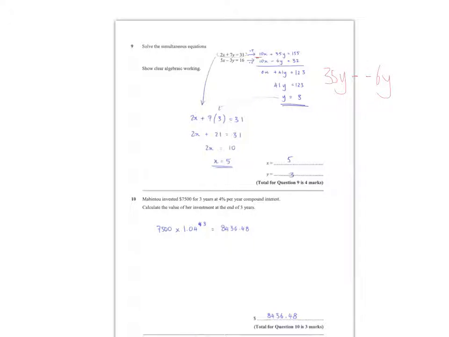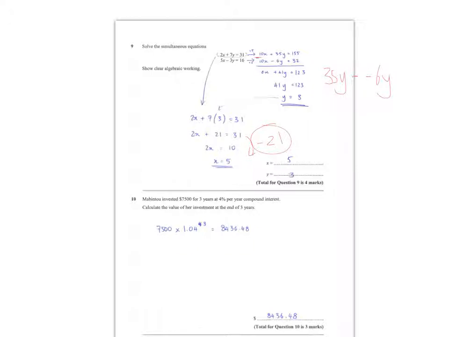At this point we can then substitute into any of the equations at the top. I've chosen the very top initial equation. Subbing into that, say 2x plus 7 times my y value, which is 3, equals 31. Rearranging that gives me 2x equals 10. I subtract 21 from both sides. Divide by the 2, x equals